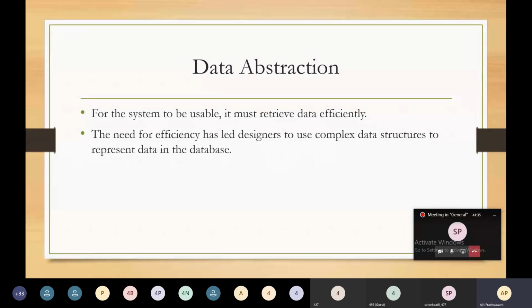To facilitate efficient data retrieval, there are complex data structures behind the scenes wherein we store the data inside the database system. The designers use these complex data structures to keep the data, and they allow the user to retrieve the data efficiently.